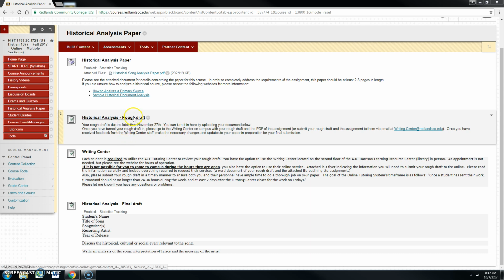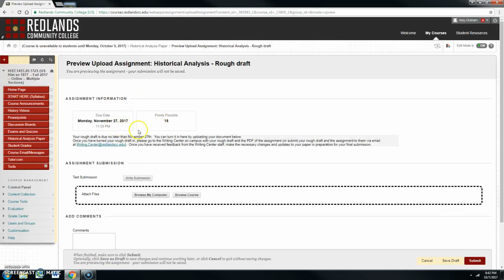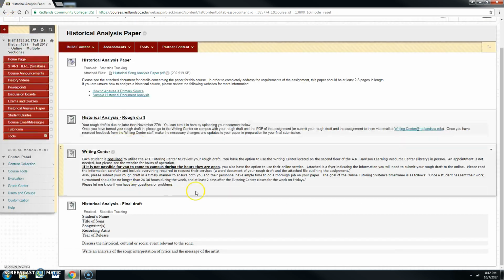Once you have turned that in, you can click on the assignment and you can just upload from an attached file from your computer and then submit. Once you do that, you are going to also be required to have the Writing Center on campus take a look at your rough draft. So it's always good when you're writing to have additional eyes on it and to get some additional feedback outside of your own.